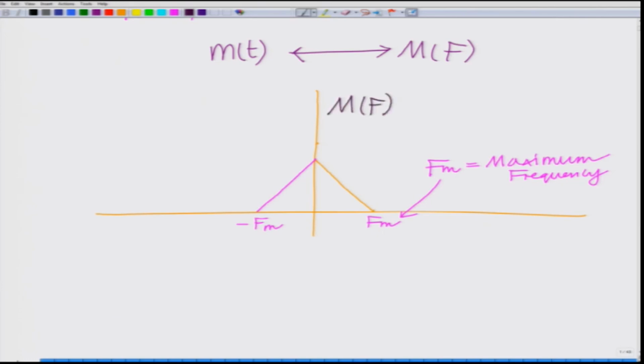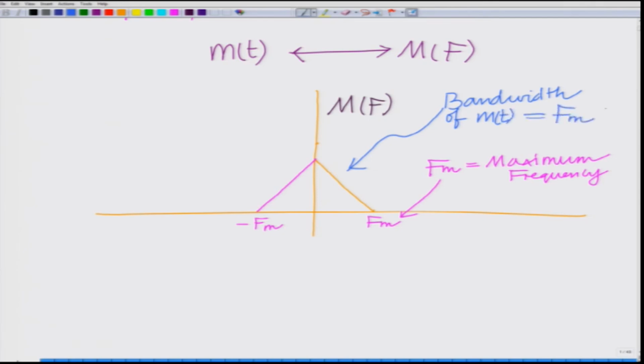This is the baseband spectrum, and we also say that the bandwidth of this baseband signal, the one sided bandwidth of m(t),